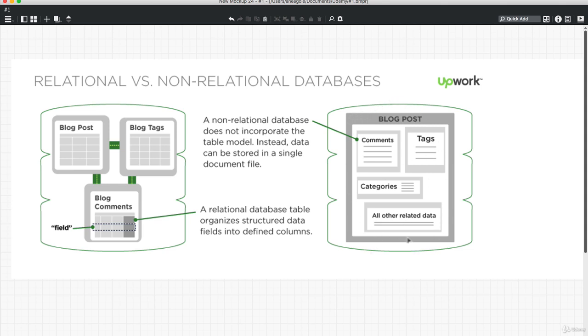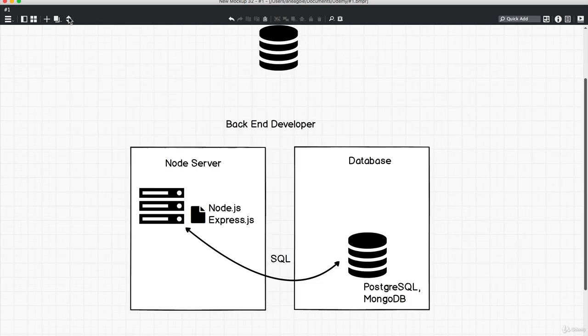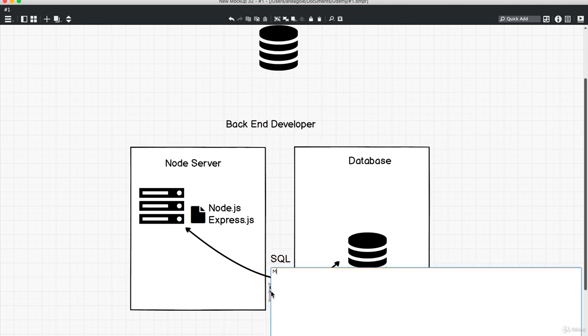So what does MongoDB use to communicate? If we go back to our example here, we had SQL for relational databases such as Postgres. Well, MongoDB has its own what we call query language. And it is just the MongoDB query language.